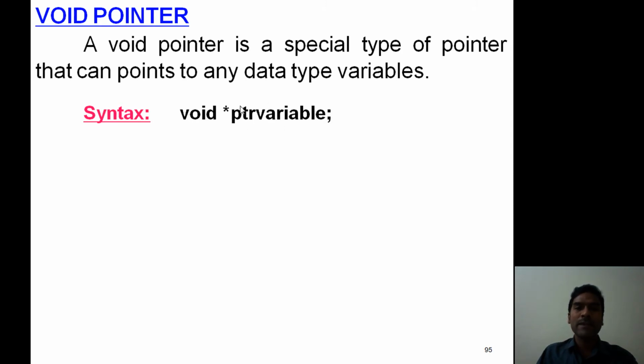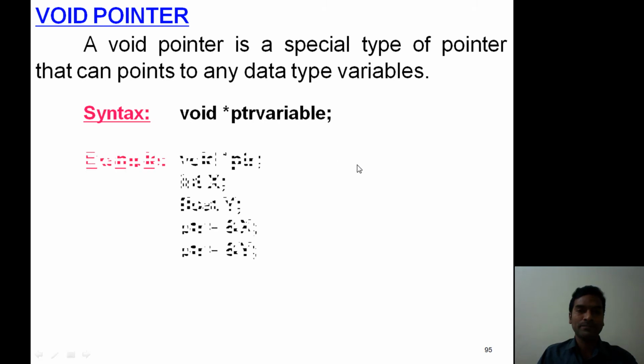Here ptr variable is a pointer variable that can point to any data type. Remember students, if we specify a particular data type as an int, it can point to only integer data type variables. If here we specify as a float, now ptr can point to only float variables. But here we specified as a void, hence ptr variable can point to any data type. Okay, in this format, void asterisk ptr.